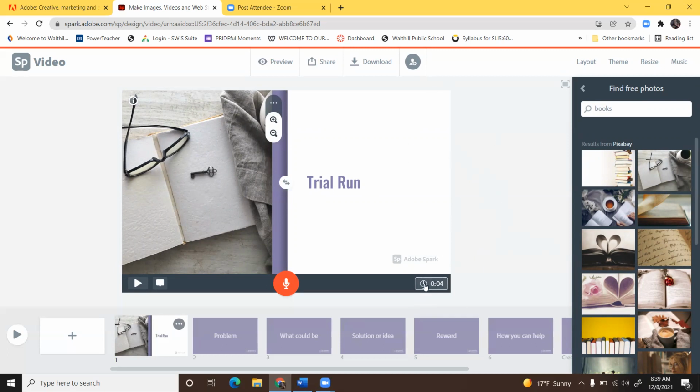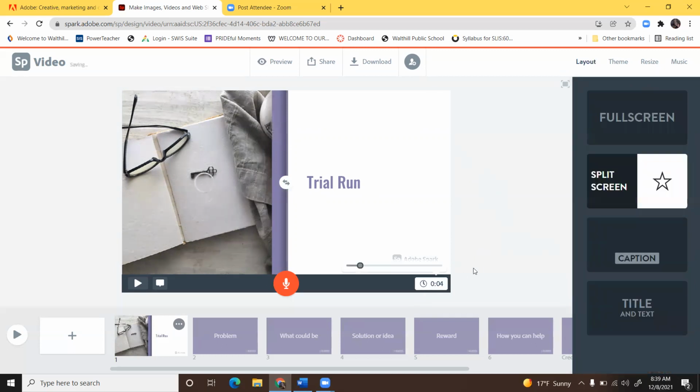Now you'll see the timer. I don't mess with the timer much, because what I have found is the timer adjusts to me recording. So when I tap this, it says to press and hold while speaking. So if I do this, press and hold, this is how long I'm going to record. So if I like it, I'll keep it. If I don't, you can record it as many times as you want. So if I hit the play,